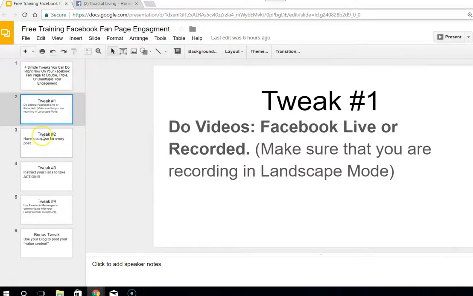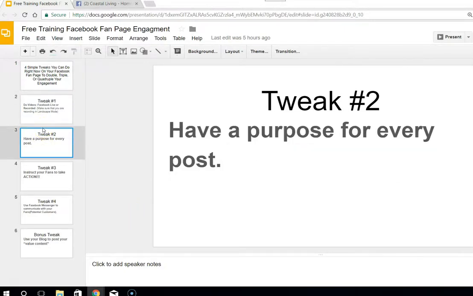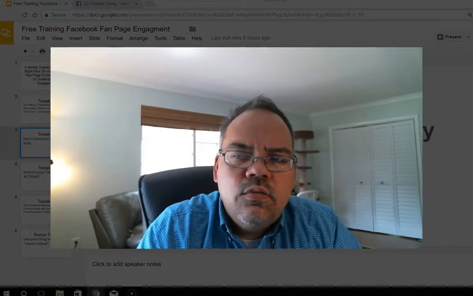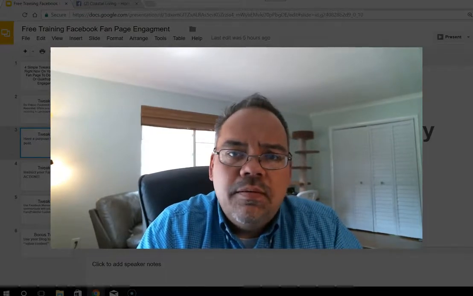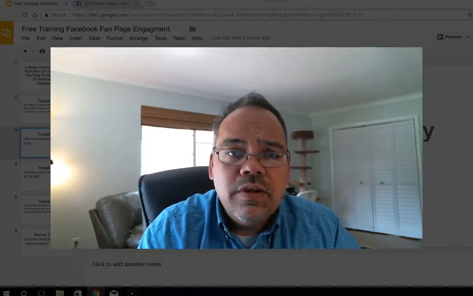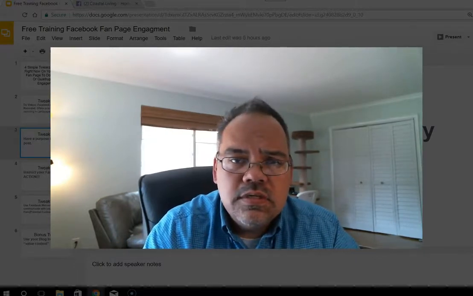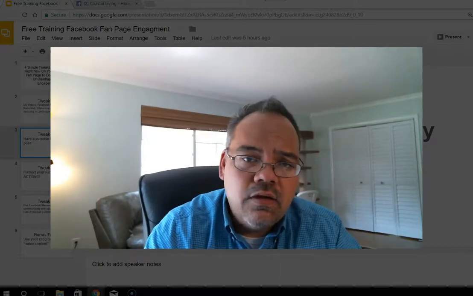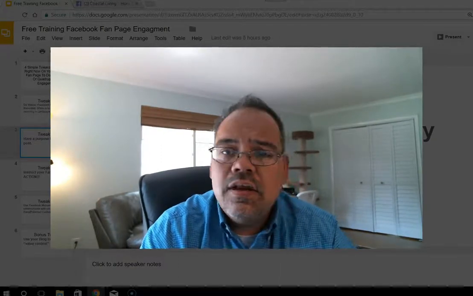So, tweak number 2. Here we go. Have a purpose for every post. Here's what I mean by having a purpose for every post. You want to make sure that you accomplish something with that post. So for example, if you want to collect a lead, collect people's information, then you want to make sure that that post is structured in a way that people will click on a button, click on a link, click on whatever it is that you need them to click on